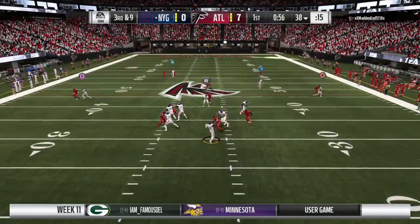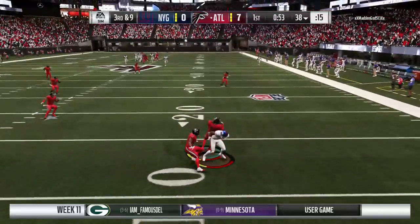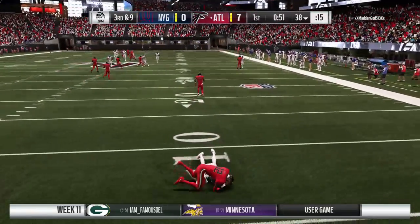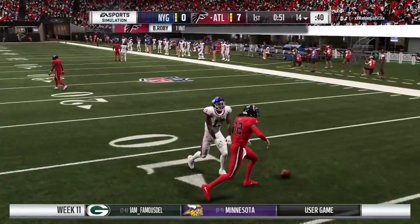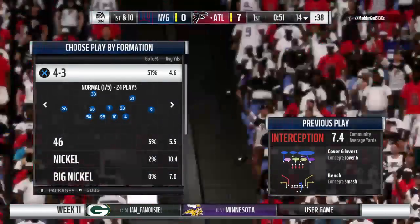They'll look to throw. He sets the fire deep. Into a double team, and it's intercepted. Picked off by the corner, Bradley Roby. And a big turnover there as his guys will get the football back. Well, I tell you, Brandon,